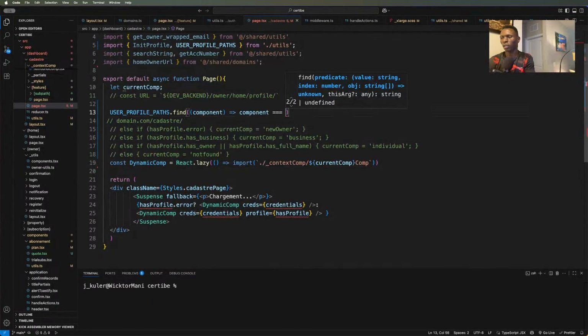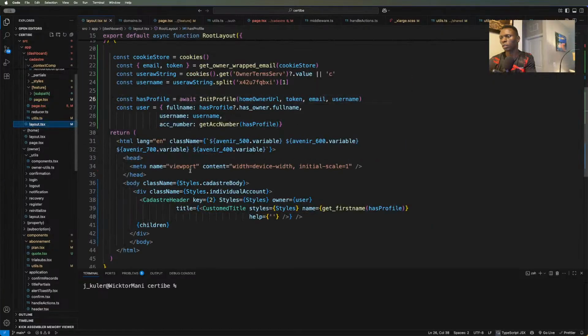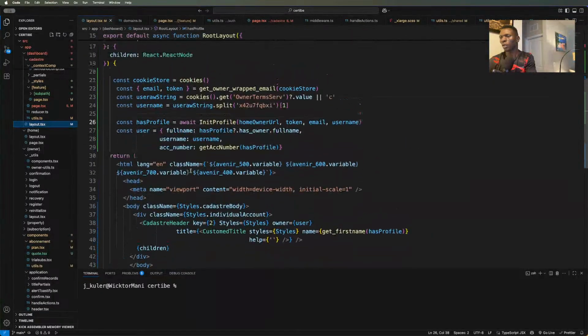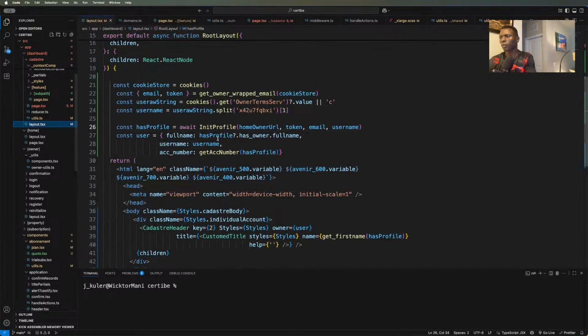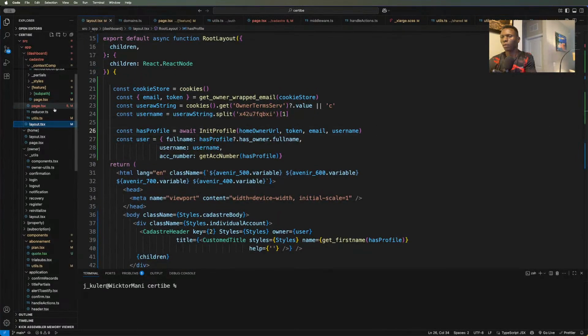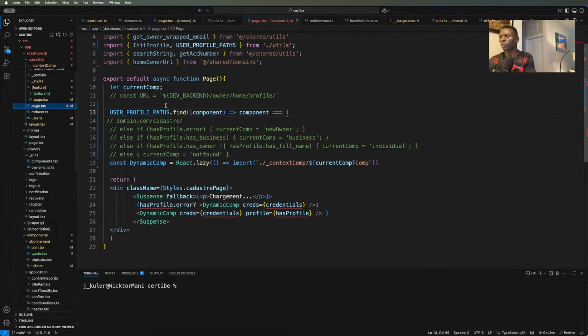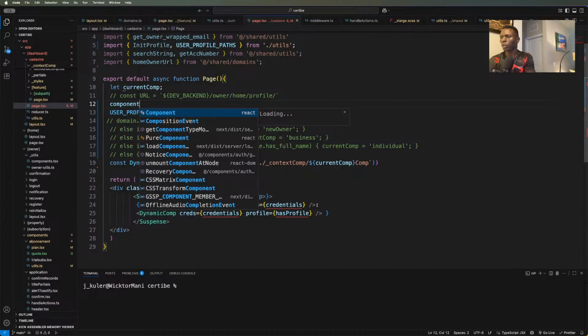You want to guess? Equal to this. It's equal to this cookie we set here. Right? Components equal